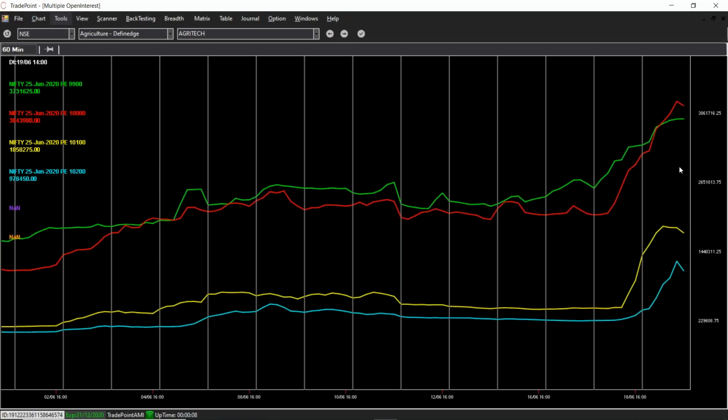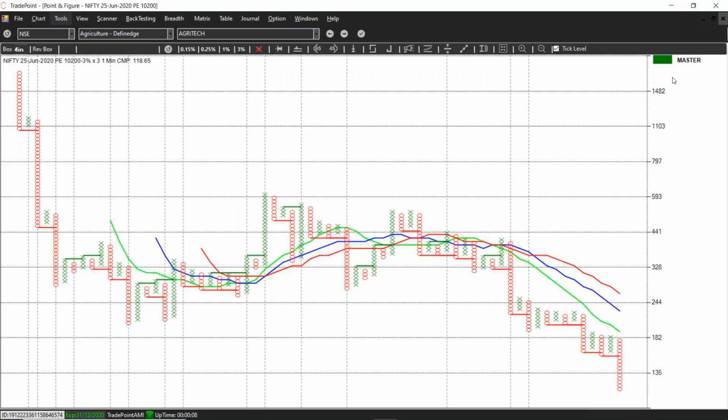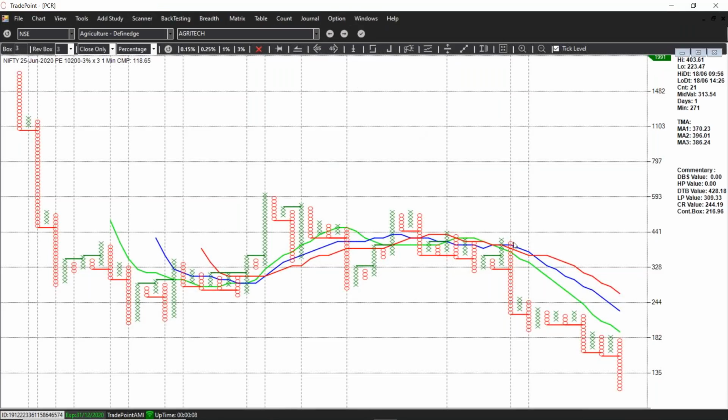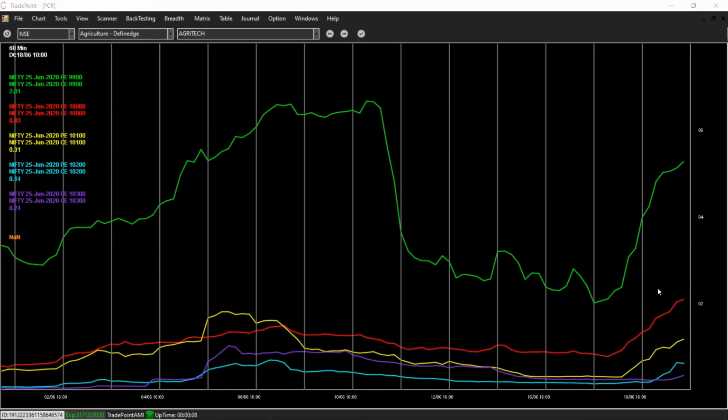So the put writers are also giving support, yes, but the problem is people misunderstand this by looking at only the put option OI change and the call option OI change. No one looks at the put call ratio at the various strike prices. This is where my next chart comes into the picture. This is the put call ratio from 9,900, 10,000, 10,100, 10,200 and 10,300. Now 9,900 is extremely bullish because it is 5.28. That means the number of puts are 5 times the number of calls. Even 10,000 is bullish. If you see on the left hand side, the put call ratio is 2.09, which means the number of puts are twice the number of calls.